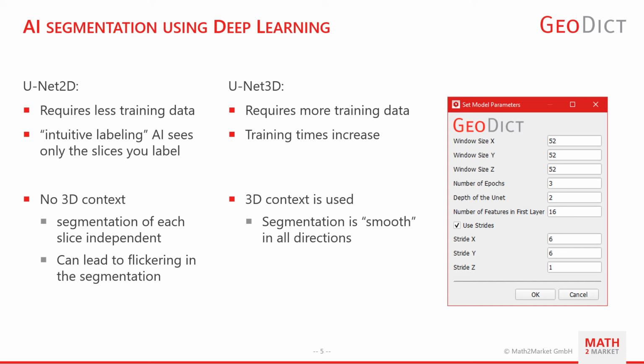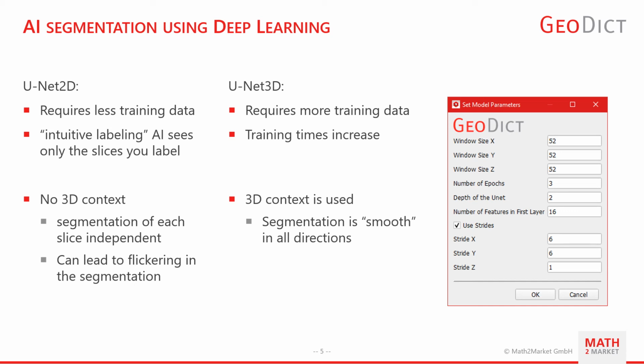Of course, this comes with a trade-off that you need quite a lot of training data because you are now not only looking at slices but actually at 3D volumes. Your training times increase and your requirements for training data increase, of course. So you need a bit more time for this. But as we've learned, this 3D UNet really works well, for example, for FIPSIM images to differentiate what is actually foreground and what is in the background.